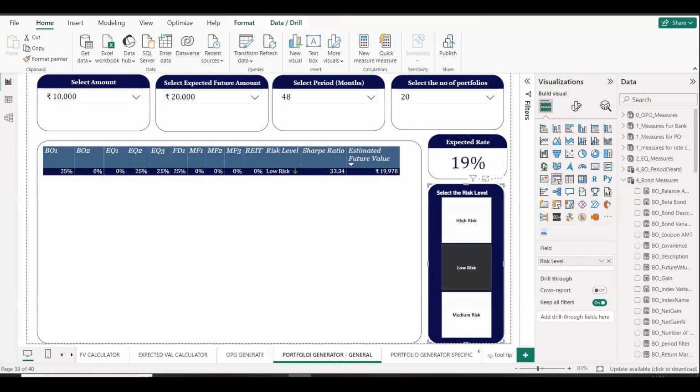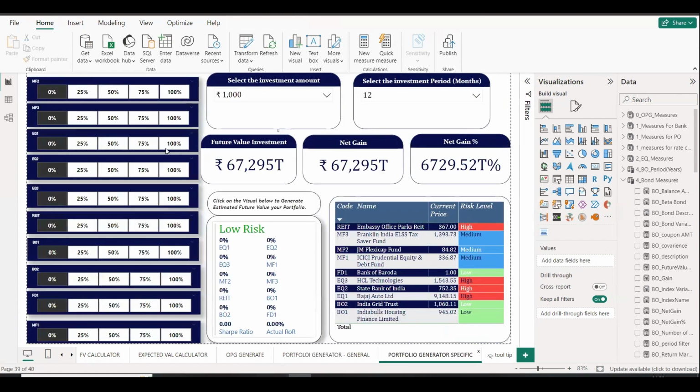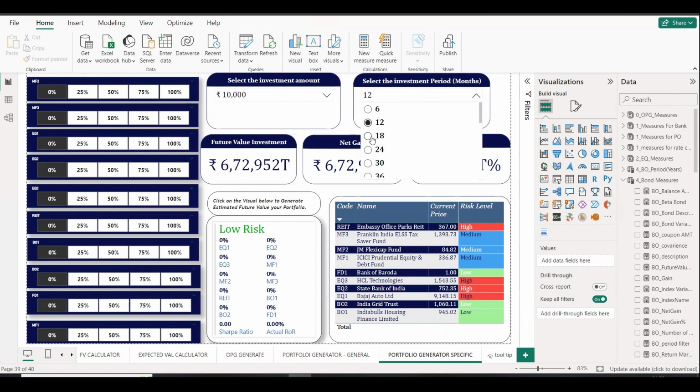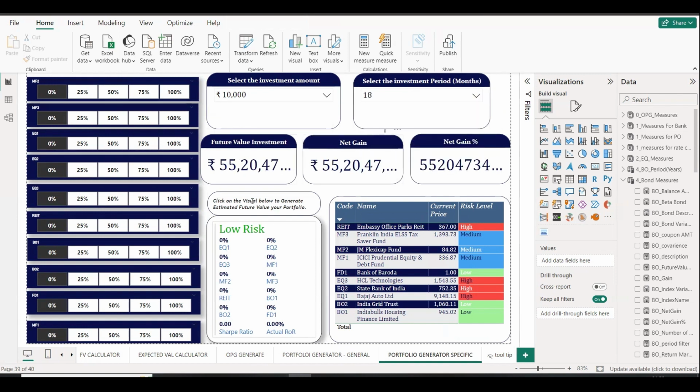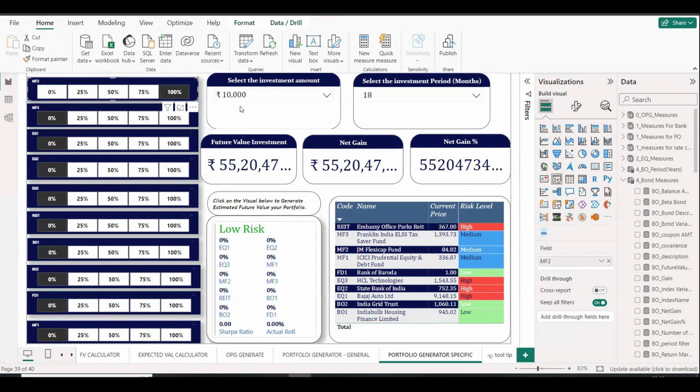And the next page here is for a more educated investor. Let's say I am an investor and I am a bit educated compared to others. So I know where to invest my funds, but I don't know what kind of future value the investment generates. So let's say I have 10,000 rupees in my hand, and I'm investing for a period of 18 months. So I want to invest this 10,000, not fully on, maybe if I want to only invest in MF2, I'll just select 100% on MF2, and I will click